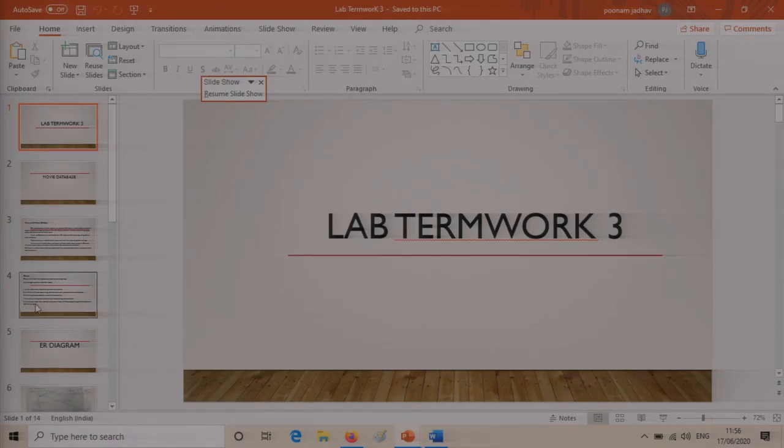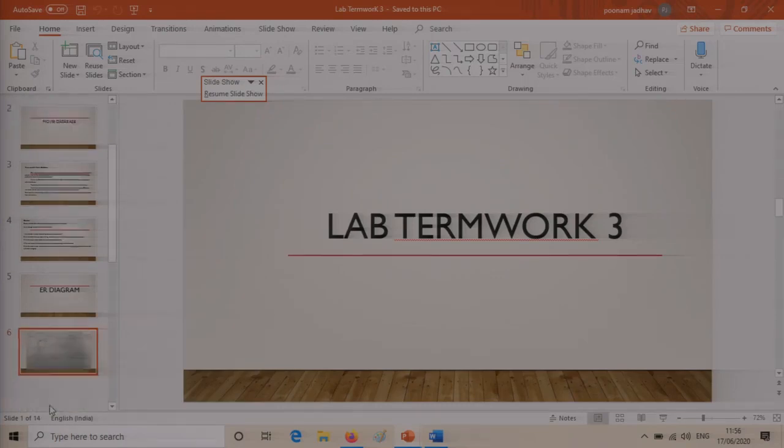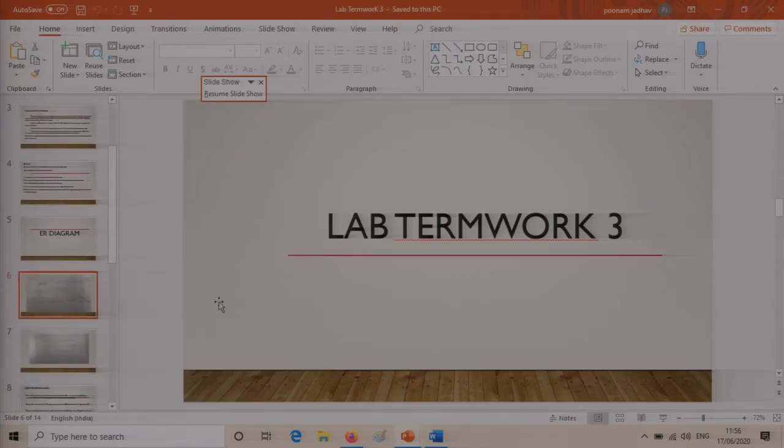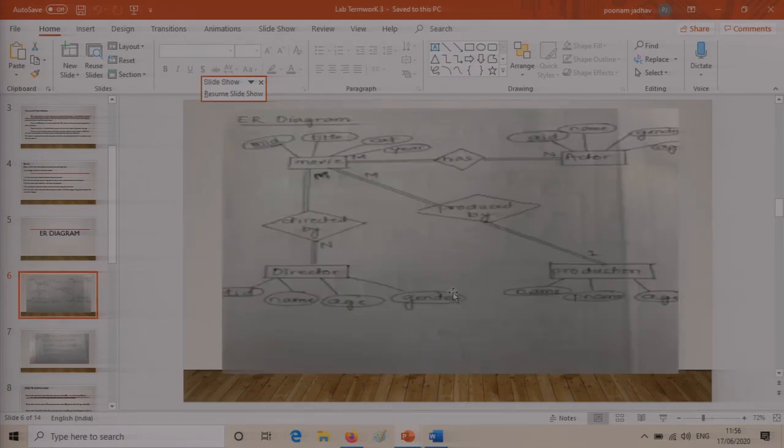So if you can just see in this particular slide, between the movie and the director table, there is a directed by relationship.